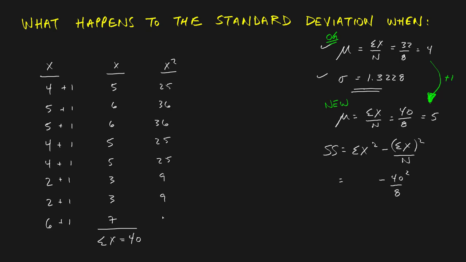You might be wondering why I don't just square 40 again. Isn't the sum of x squared the same as the sum of x squared? Well, not exactly. When you're looking at these two representations of sum of x squared here, you have to keep in mind the order of operations,